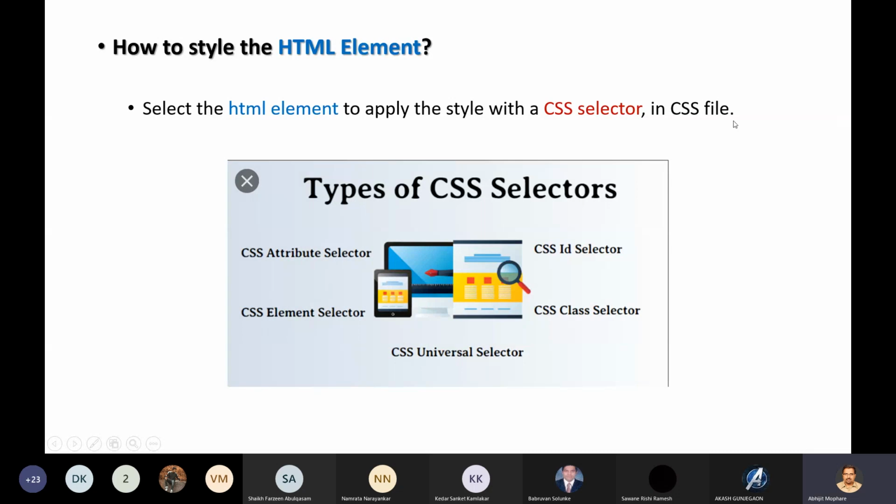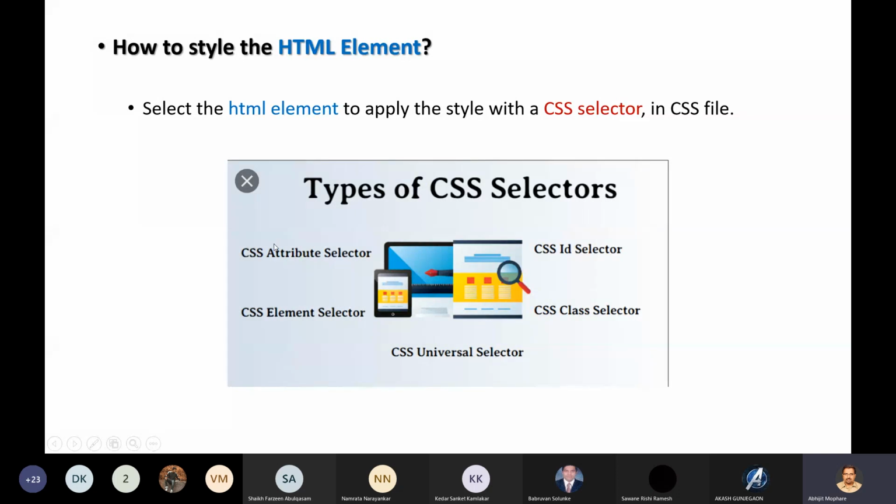There are 5 mostly used basic types of CSS selectors: CSS attribute selector, CSS ID selector, CSS element selector, CSS class selector, and CSS universal selector. There are other selectors also. We'll learn those later on in due course of time. But today, what we are going to learn is the CSS element selector.